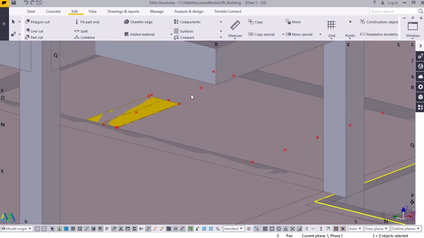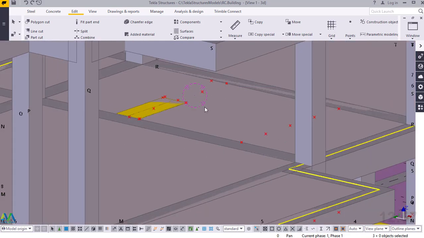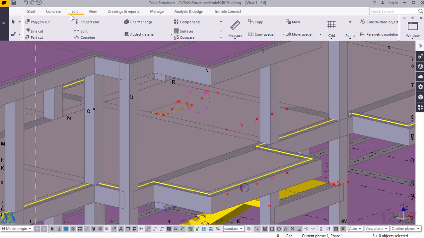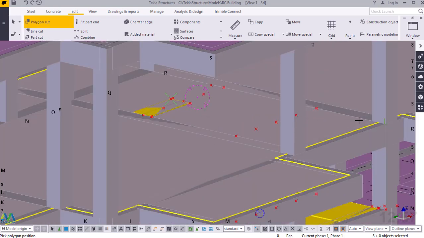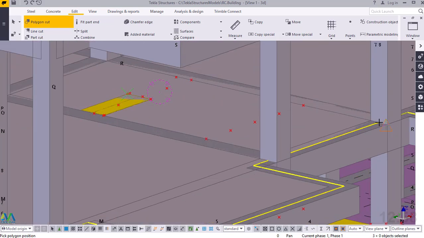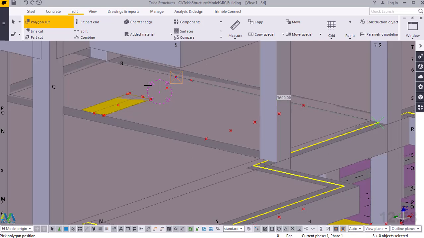Now we want to do a cut of this slab. We'll go straight away to edit and pick on polygon. I'll click on the slab I want to cut. I'll click on that, and I want to cut my slab from this spot. From that spot, I'll go all the way to this end, snap right there,